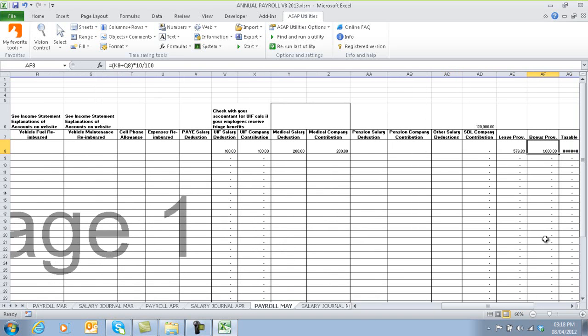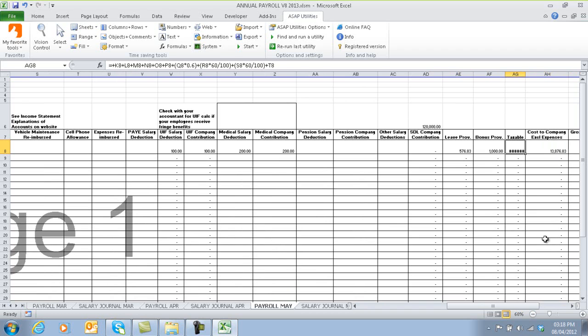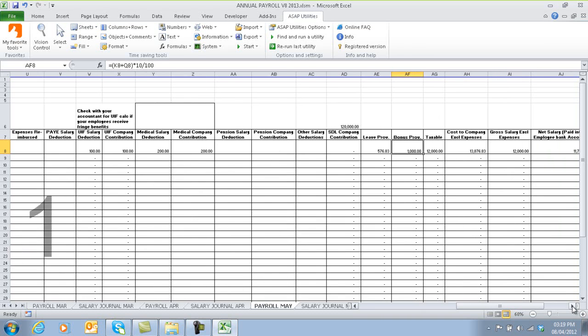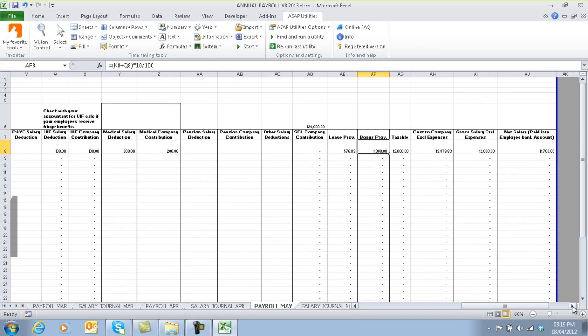The leave provision will automatically be updated. If you do make a bonus provision, you could put a formula in for that, or just delete that formula if you're not going to be using it. You can widen that column to take the taxable earnings. That will automatically be updated. SDL is automatically calculated once your total payroll exceeds 120,000, and the rest of the columns are then all automatically